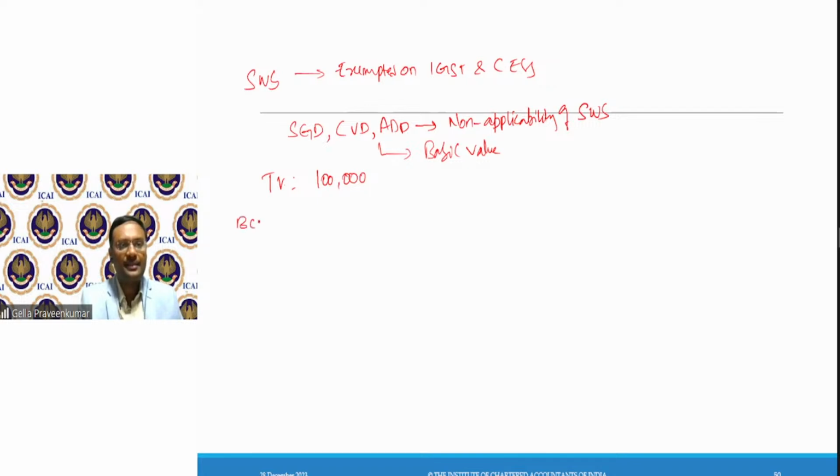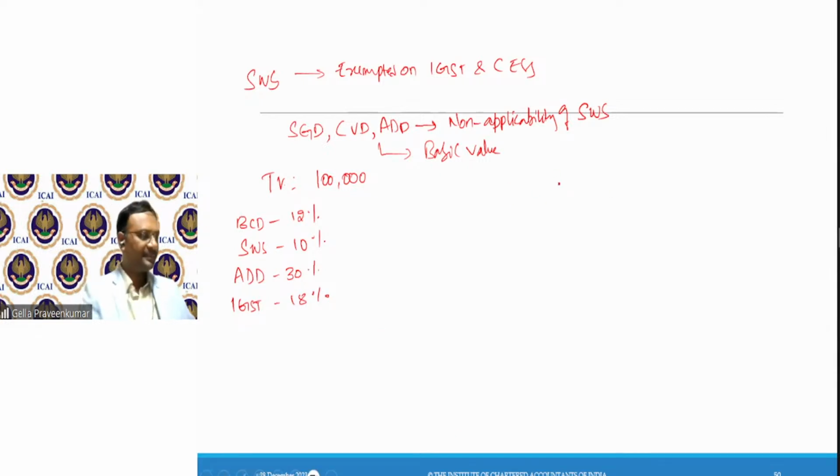My basic customs duty is 12%. Social welfare surcharge is 10%. Anti-dumping duty is 30%. IGST is 18%. How do we calculate this particular customs duty?